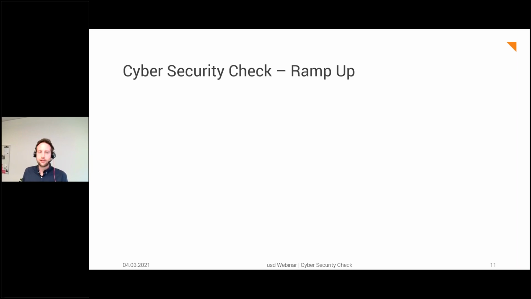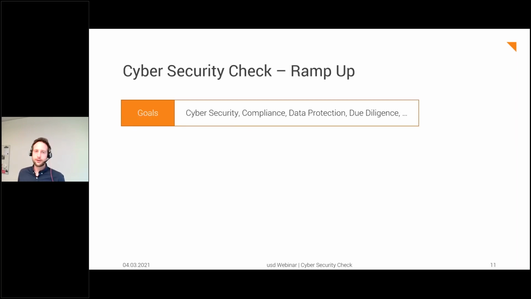It's called a cybersecurity check, but what I experienced so far, it's not only about cybersecurity. It's about a little bit more. And this is really depending on the stakeholder that wants to do this. We could have somebody who's really interested in GDPR compliance, data protection, to find out if there are any wrongdoings, basically, any major weaknesses on that part.